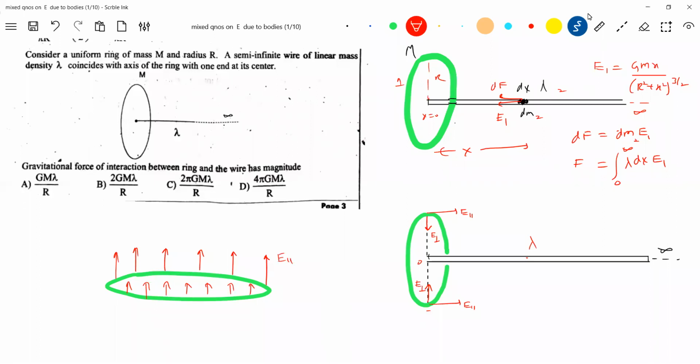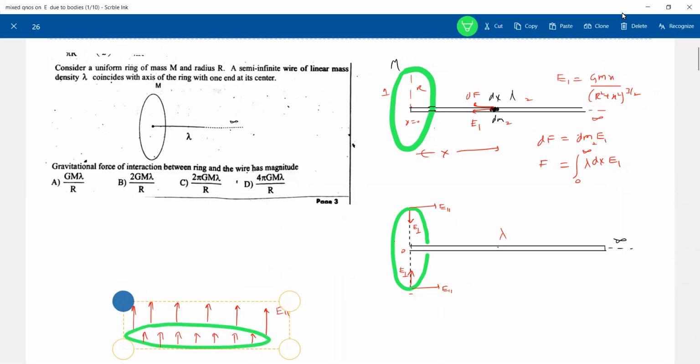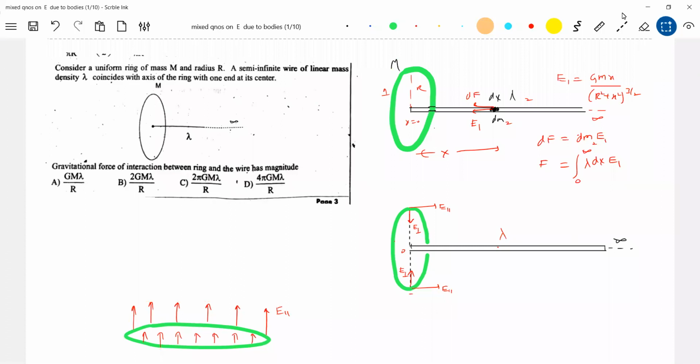Not at 2 points. E parallel will be acting at all points. In this diagram, I'm able to show only 2 points here. So this is the thing. So where is the rod? Rod is here. I'll magnify it. So it's all about the student's imagination, huh? Because beyond this, as a teacher,